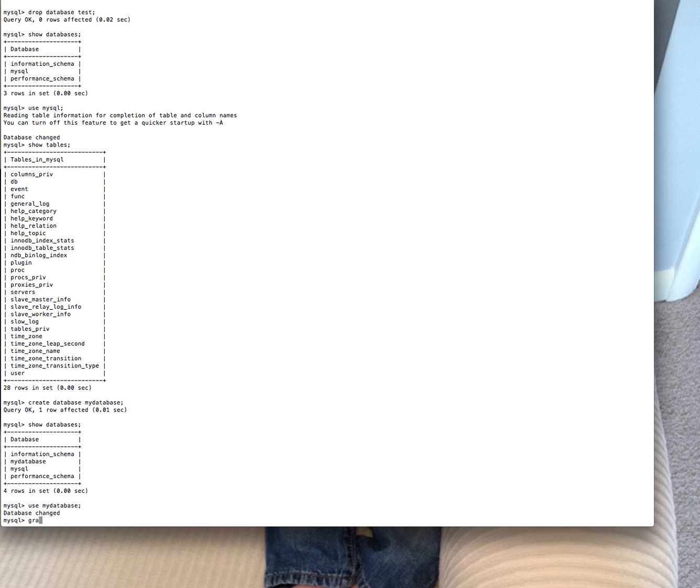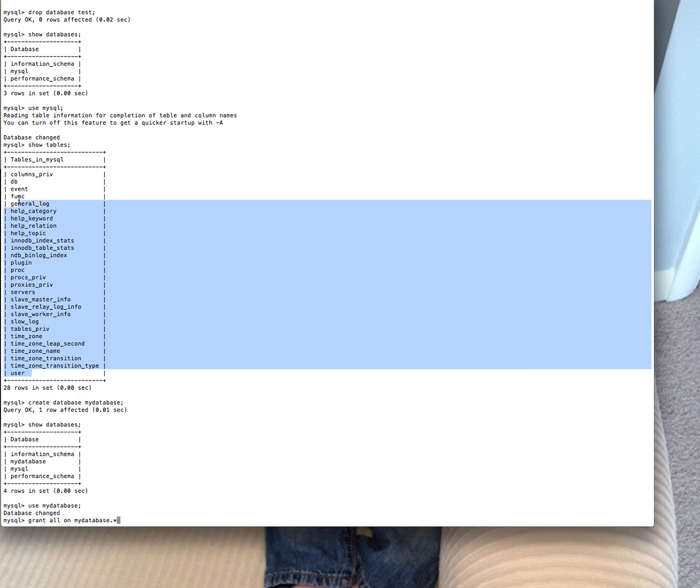So let's go ahead and say grant all on my database dot star. Now what dot star means is the tables inside of my database. So as you can see up here, MySQL has multiple tables. So let's say you just wanted to give someone access to one or two tables in MySQL. You would do